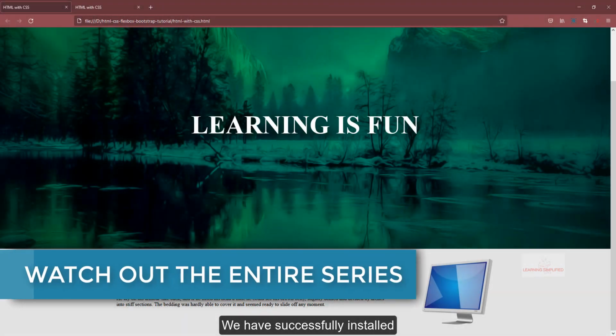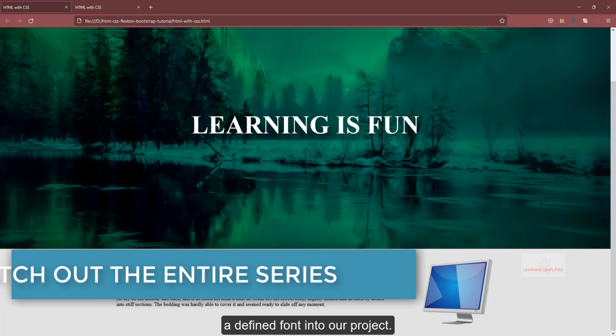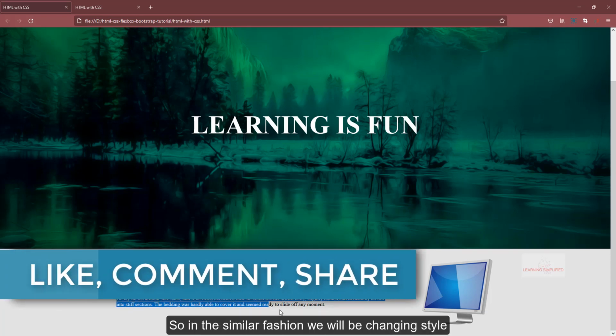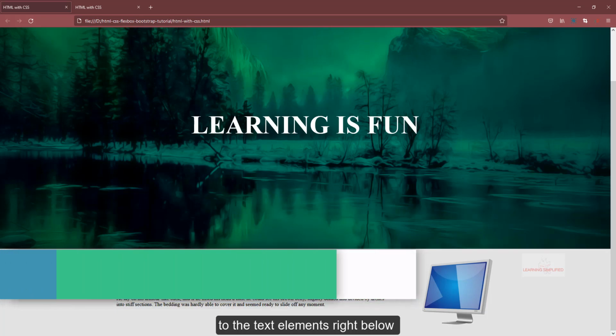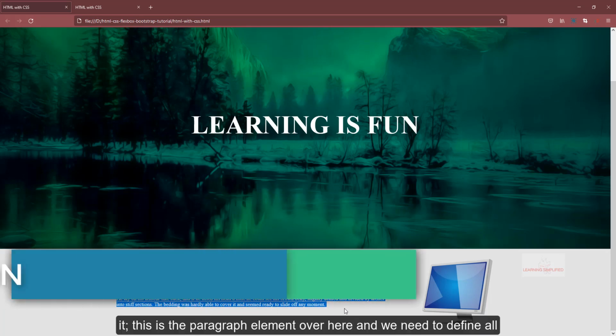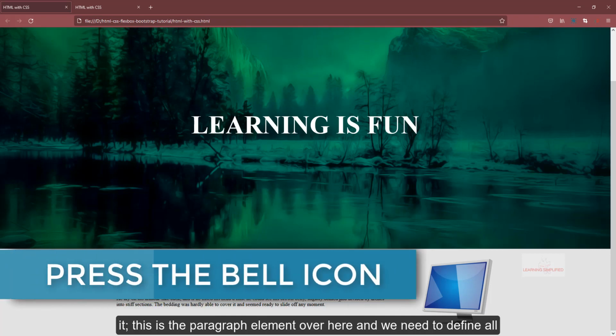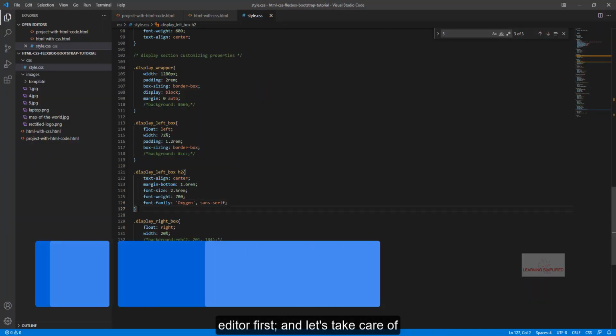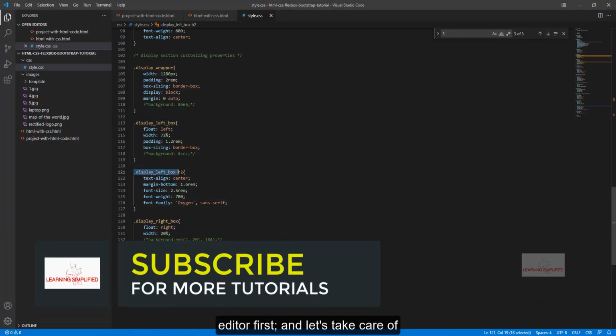We have practically successfully installed a defined font into our project. In a similar fashion, we will be changing styles to the text elements right below it. This is the paragraph element over here, and we need to define all these paragraph elements. So let's head back to the text editor first, and let's take care of this